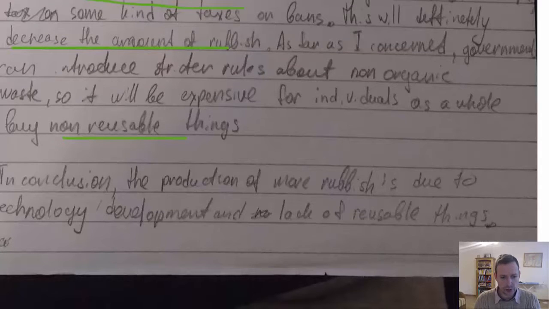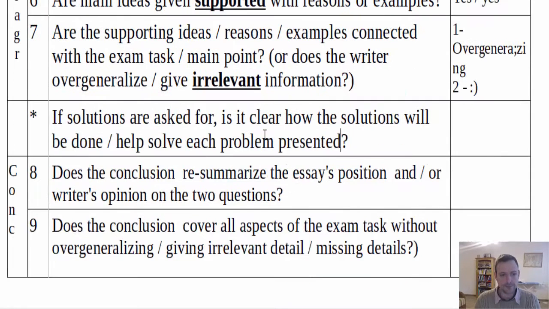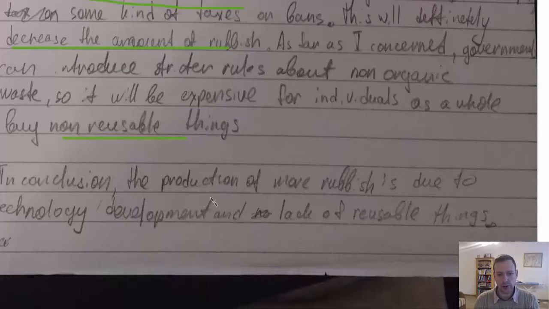Okay, so they're the 2 body paragraphs. And we come down, does the conclusion re-summarize the essay's position, cover all aspects of the exam task? In conclusion, the production of more rubbish is due to technology development and lack of reusable things. So